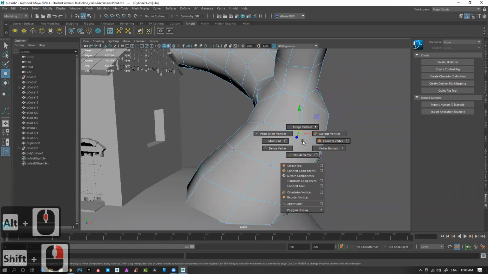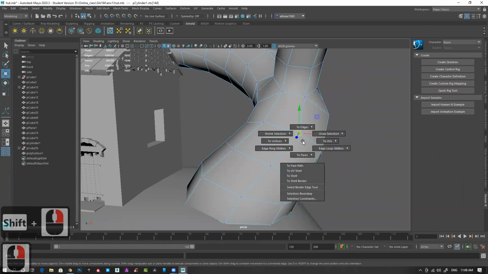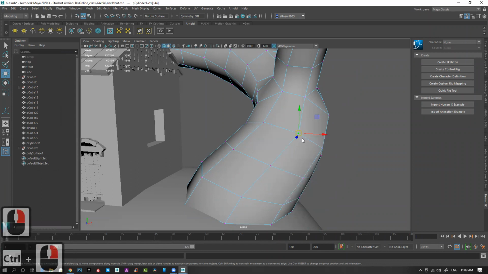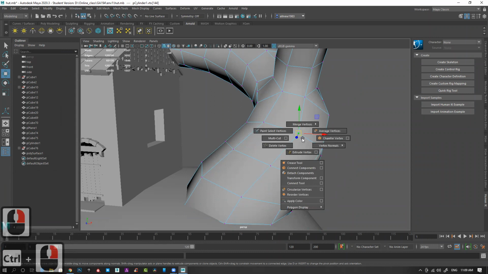Where is my slide? Slide. Edge to vertex. There is a slide option.